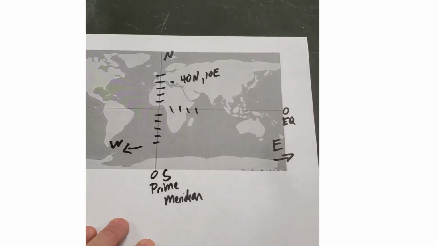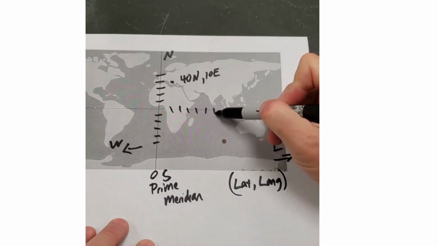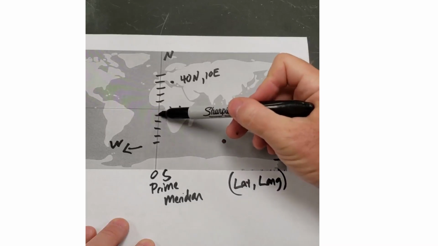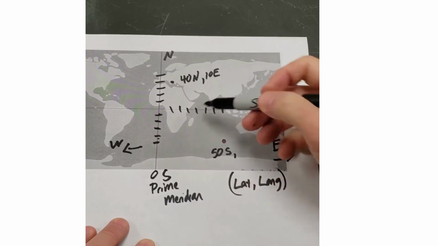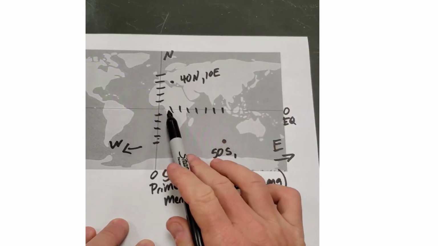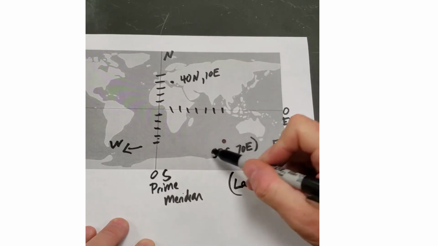Why do we list the north first? Who knows? Just like with your X's and your Y's, you had to pick one that you always say first, the X's or the Y's. The same is true with latitude and longitude. For latitude and longitude, you always say the latitude first and the longitude second. So for a point that's right here, I would say I'm 1, 2, 3, 4. Let's say I'm 50 south, because I am south of the equator, and then I am 10, 20, 30, 40, 50, 60. Let's say I'm 70